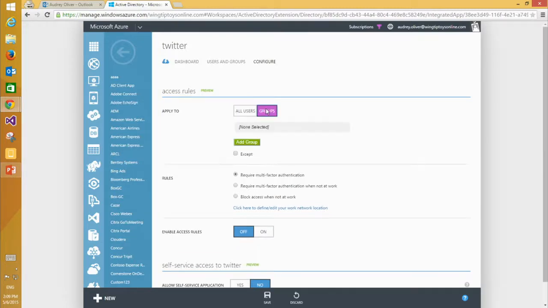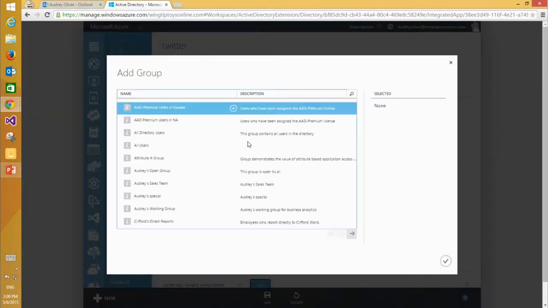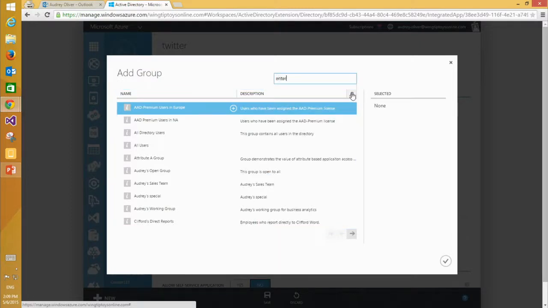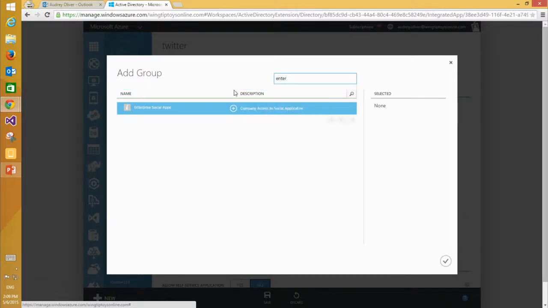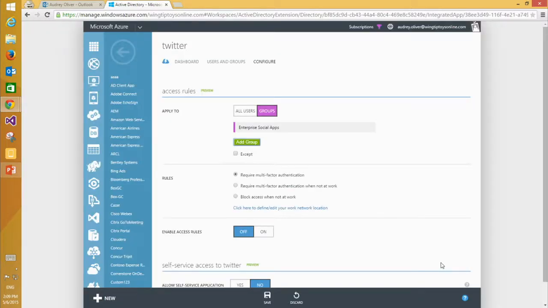No, it's not all users, right? It's specific users. It's those users that don't just have access to Twitter, but have access to the enterprise Twitter account. Enterprise social apps, that's the same group that Keith earlier asked to be joined to. And we want to always require multi-factor authentication. Of course, we could have limited it in a variety of ways. We enabled the rule, and we're done.